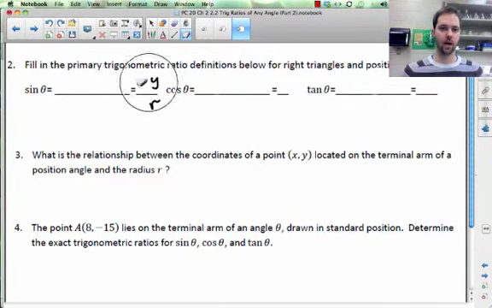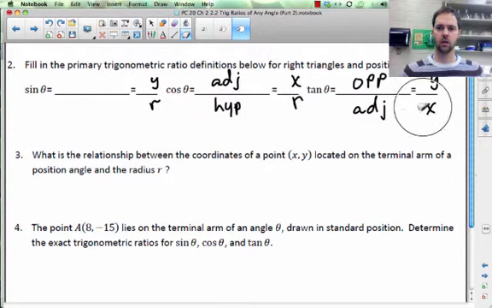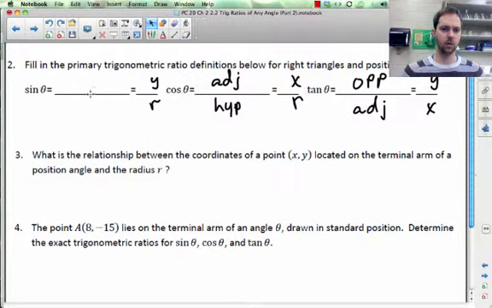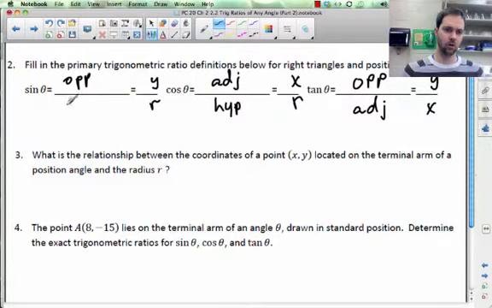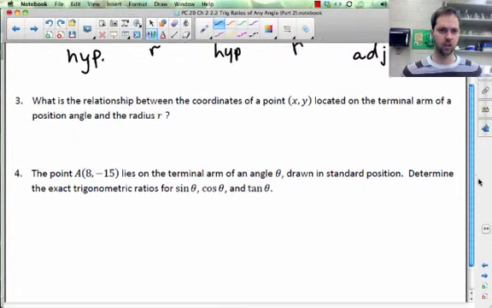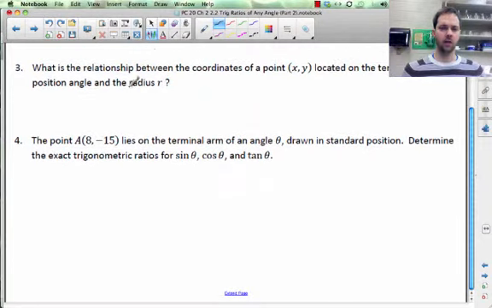Okay, welcome back. Here are the answers. I don't know why this one's not showing up. Maybe I'll write it in. This one is opposite over hypotenuse. Again, this should all be review, so this should not warrant much explanation here. The next question,